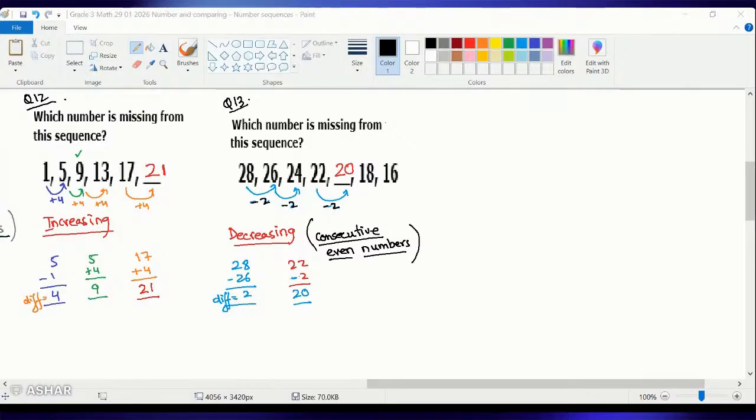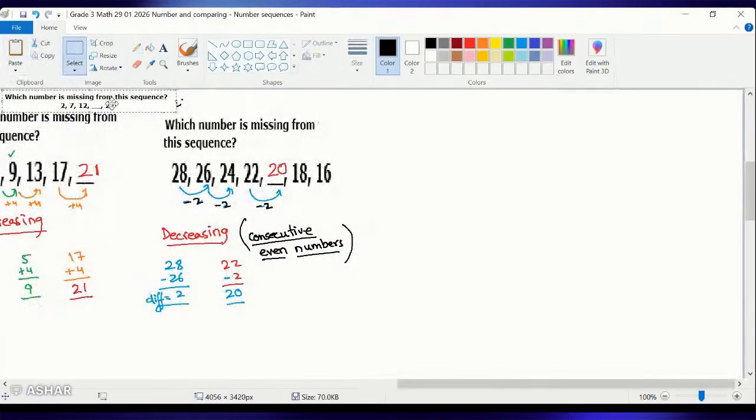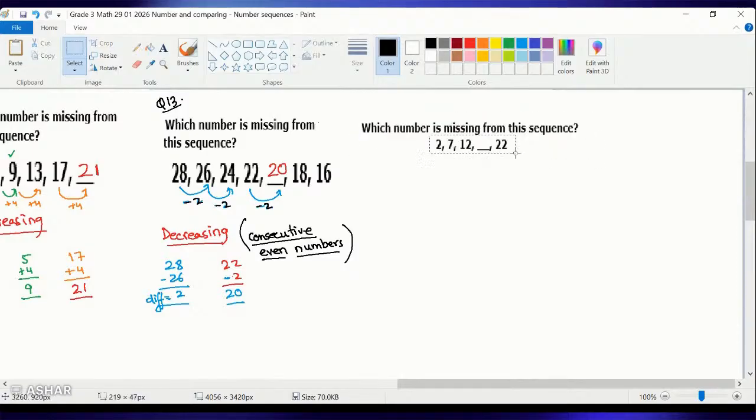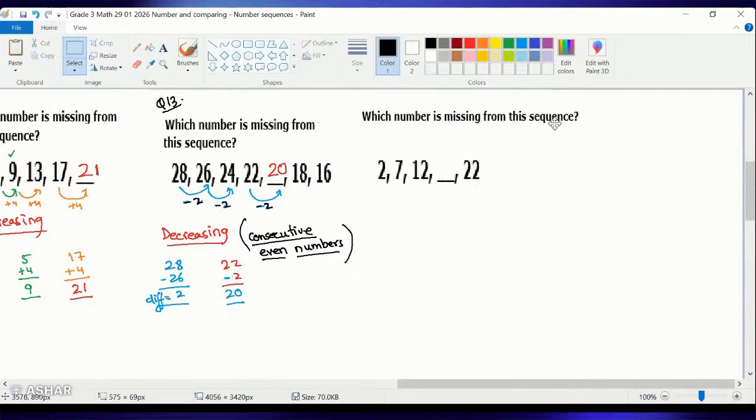Okay. Looking at the next question. So the next question says, which number is missing from the given sequence? And in the given sequence, the numbers that have been given to us are these. Okay, so help me out with this. For question number 14, it says the first number given is 2, then 7. That means it is an increasing sequence